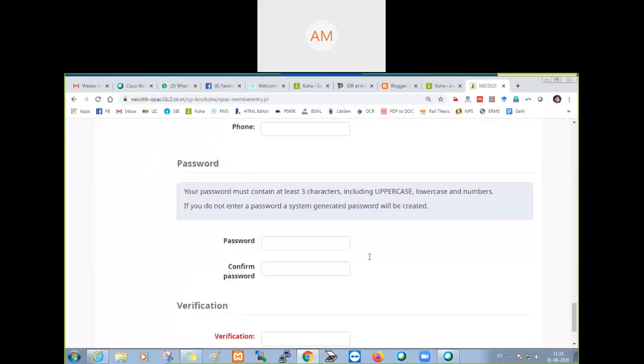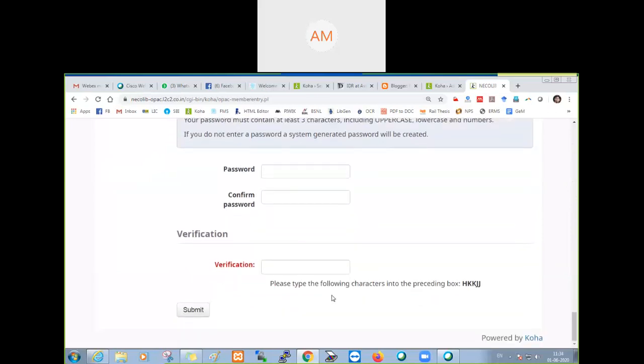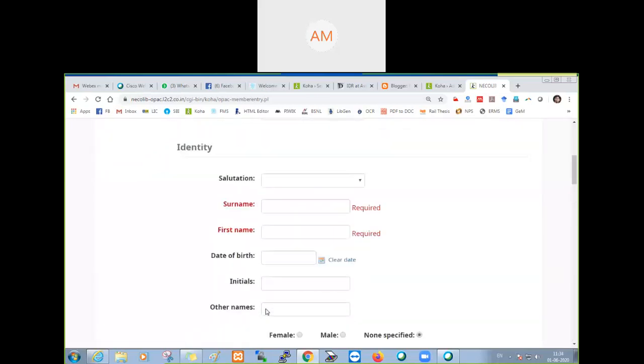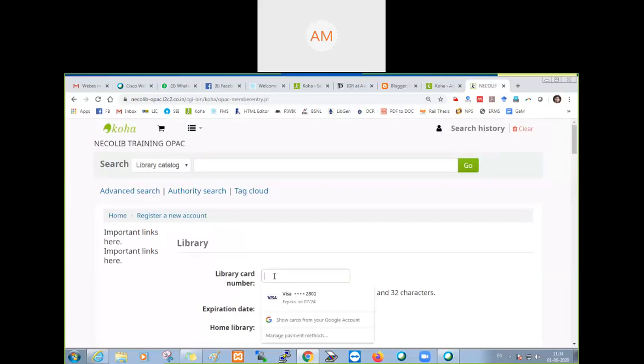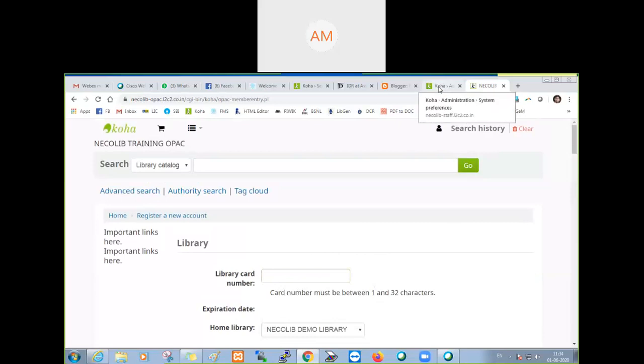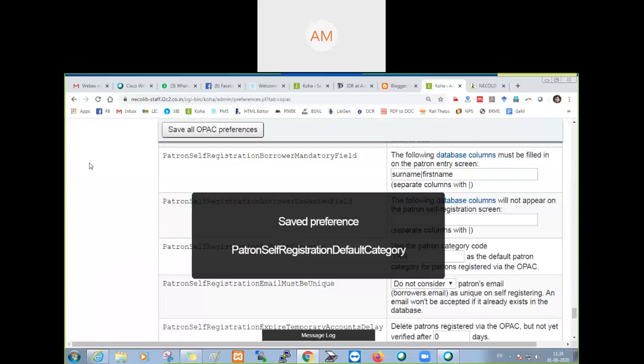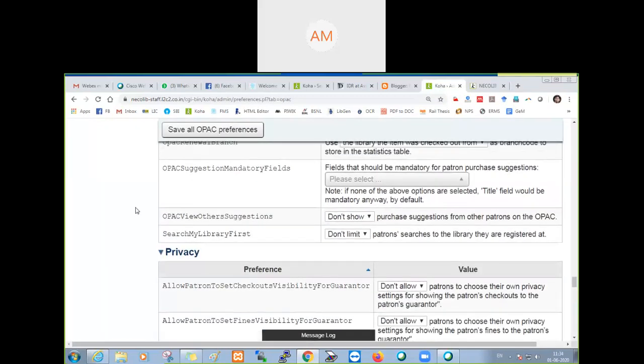The rest are not mandatory. Confirm password and verification. Here the user may give a library card number, but we don't want that. We want our library card number to be automatic.